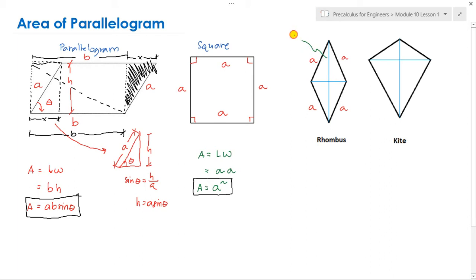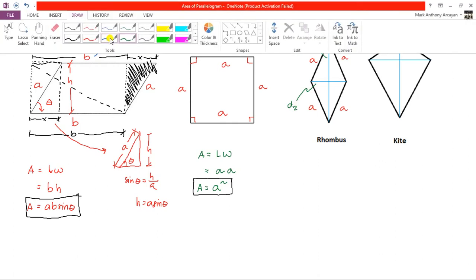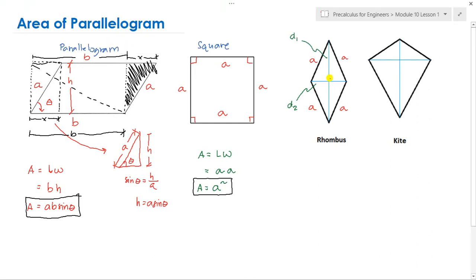The length of the topmost diagonal we're going to denote as D1, and then the second one is D2. And of course, the angle between these diagonals is 90 degrees. So it is 90 degrees. Okay. So here,